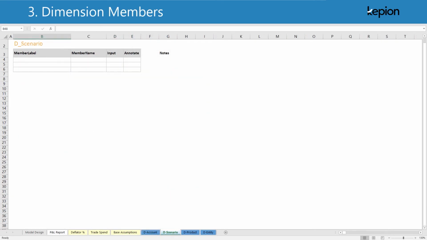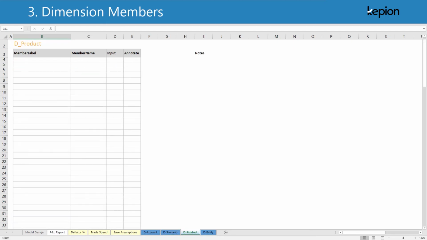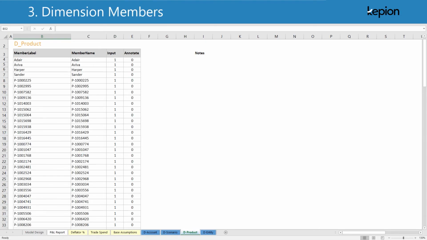The scenario dimension is relatively simple to define. We'll add 3 basic scenarios: actual, plan, and forecast. Now let's look at the product dimension. In this dimension, we'll include both brands and SKUs. Since we know a brand maps to a group of SKUs, we should define a hierarchy here to help keep